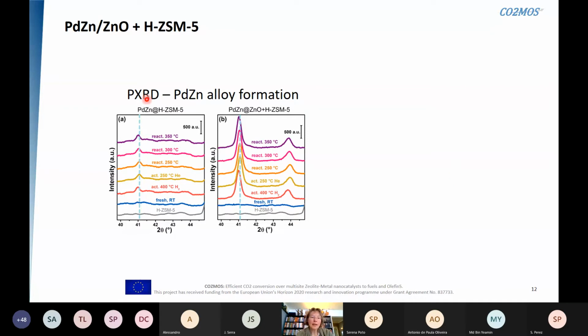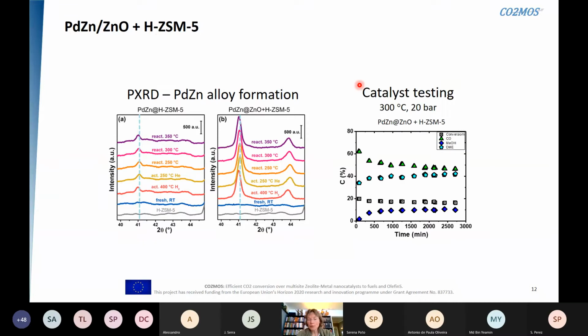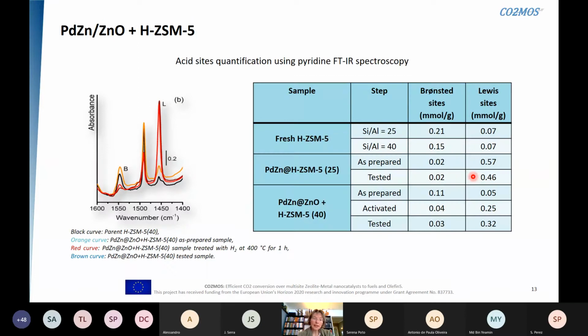However, when we mixed the palladium zinc catalyst with ZSM5, we did not observe hydrocarbon formation as we were expecting. Instead, we still formed methanol and we formed some dimethyl ether. This means that something has happened to the Brønsted acid sites that would normally form hydrocarbons under these conditions. And indeed, when checking the